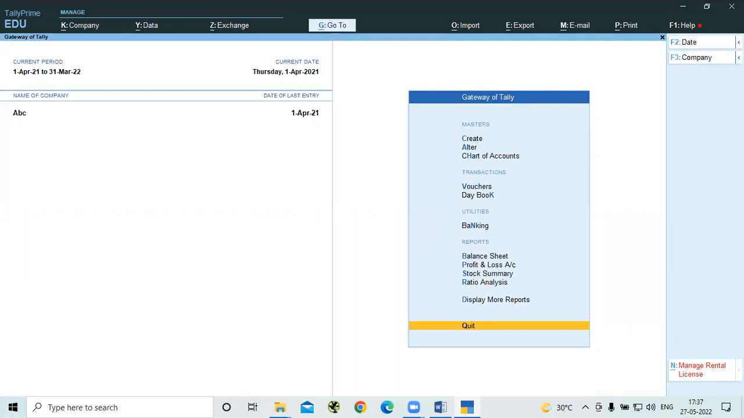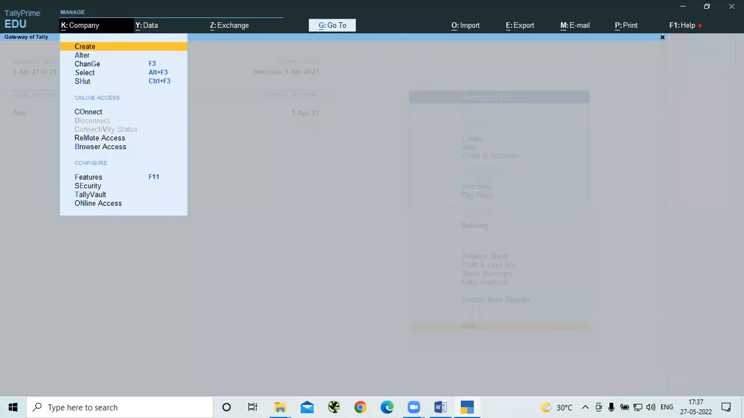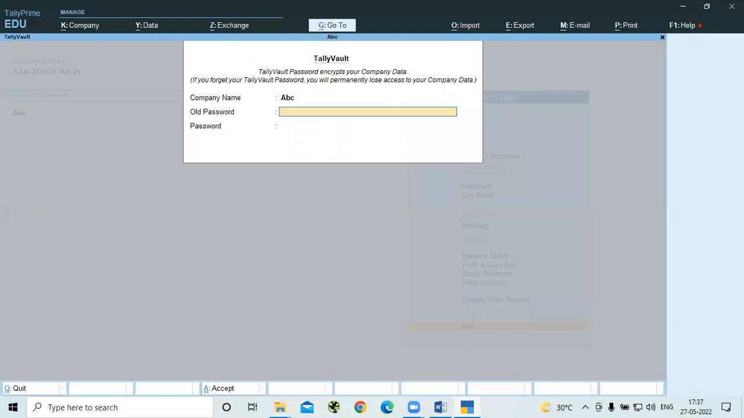Yes, it's possible. How can we do it? The same way you went to give the password, go to the same option. Alt K, Company, select Tally Vault, and enter the old password and enter the new password. So in case you feel it is not easy to remember, I may forget it, if you find it difficult in remembering, and if you want to remove the password permanently, then you can come to the